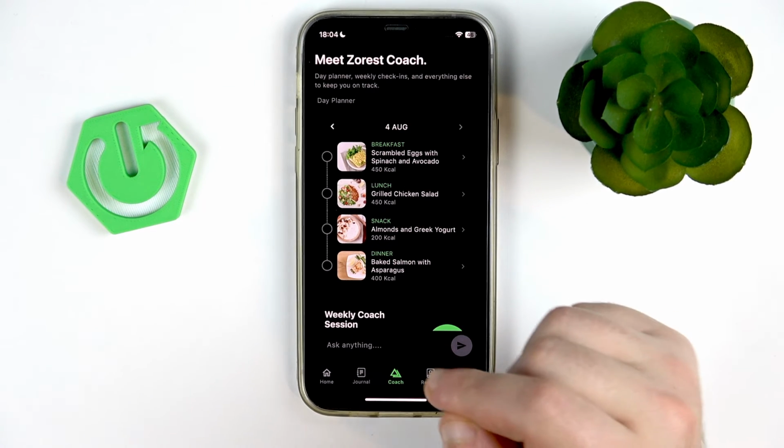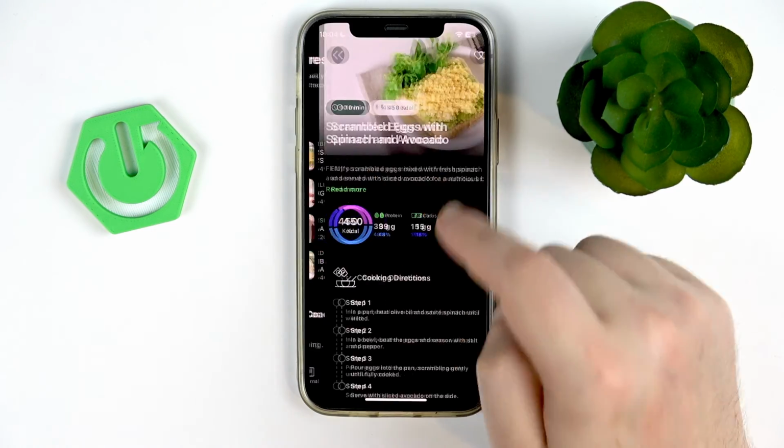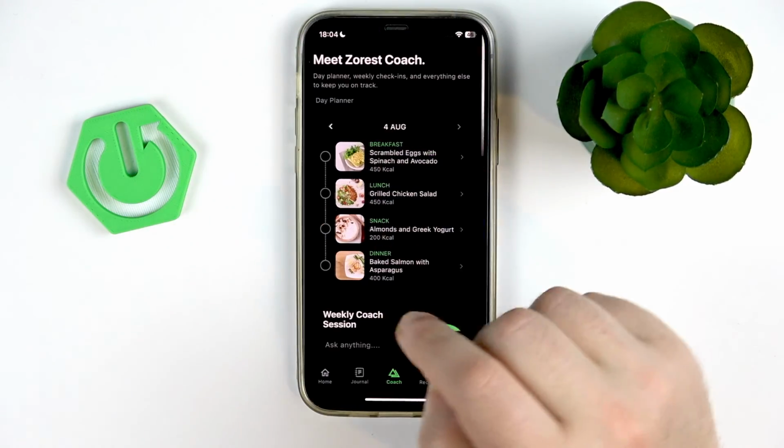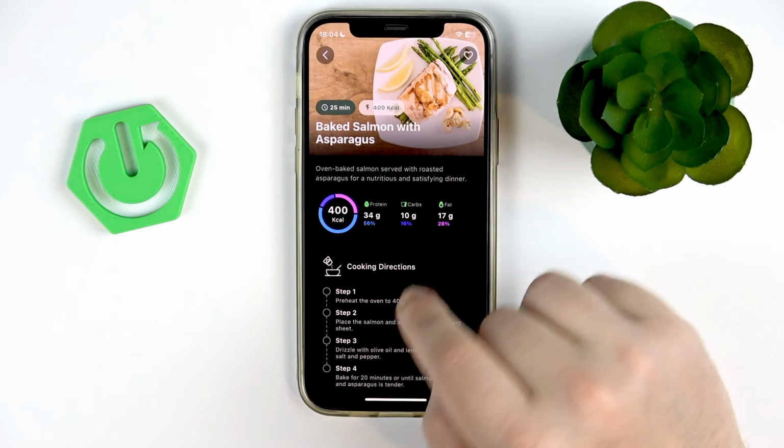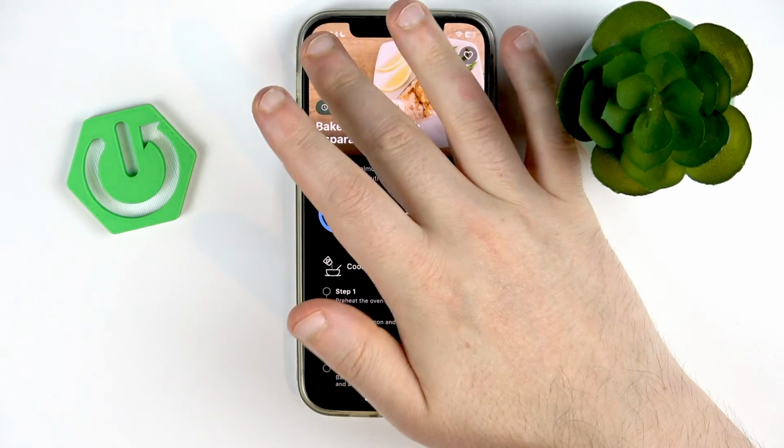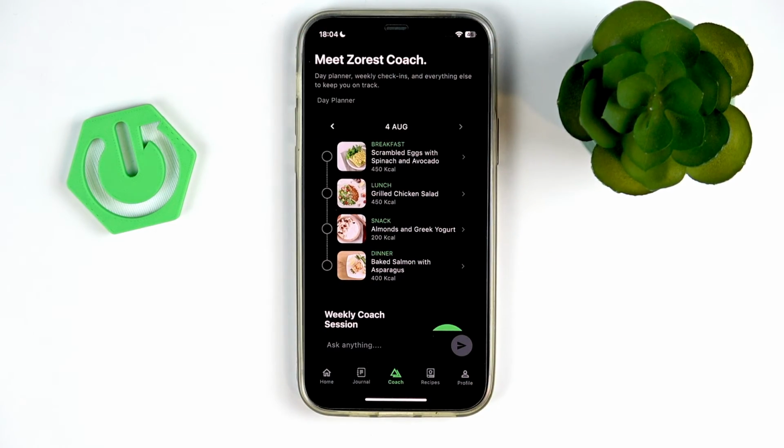Okay, and there we have our plan. We can check breakfast, dinner, and there you have your macros. And this is how you generate your meal plan on a